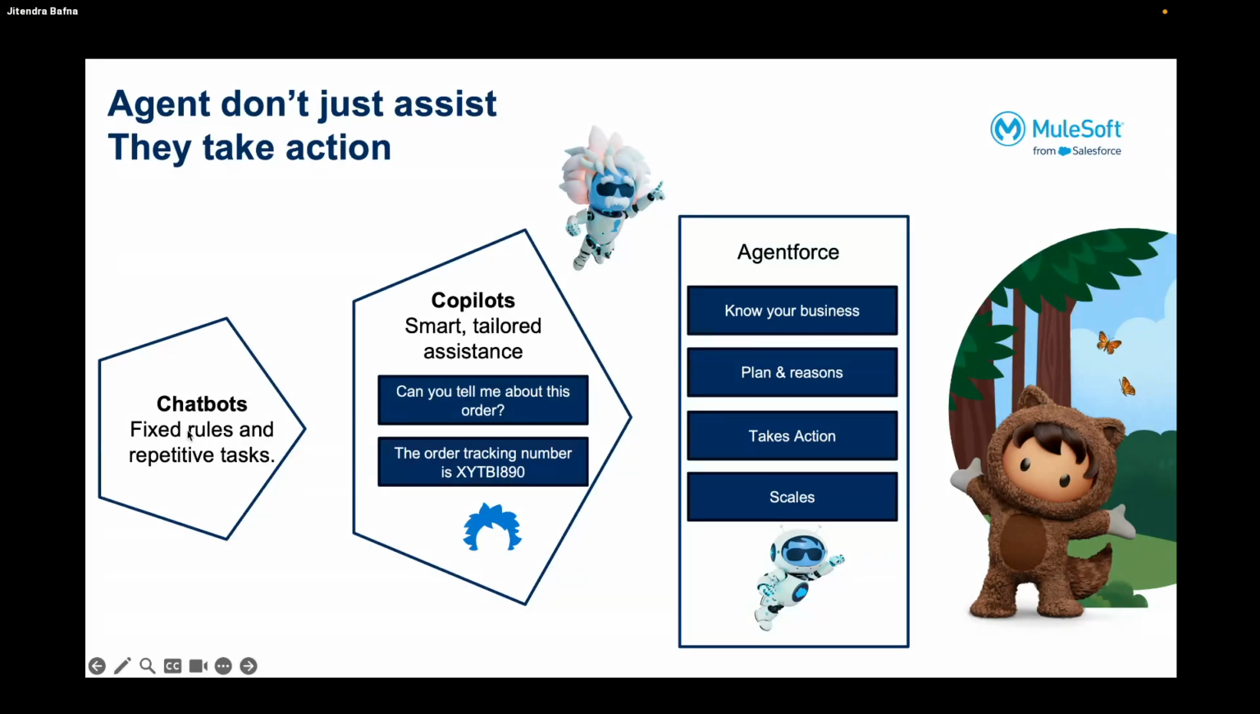Then the co-pilot came, right? So co-pilot is using the Einstein AI. It is a bit more advanced than a chatbot, but it is again not handling multi-complex tasks. It cannot perform multi-complex tasks or take complex actions, right? So that is where Agentforce comes in, right? So Agentforce can take on multiple tasks, can perform multitask operations, can take complex actions, can start